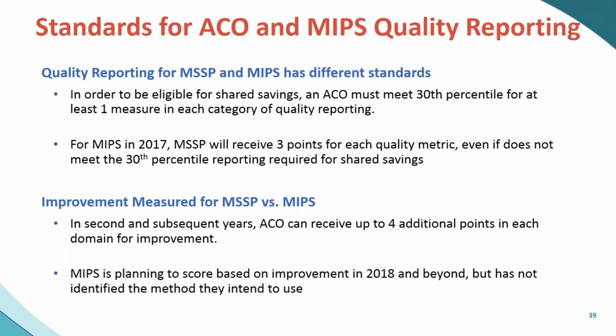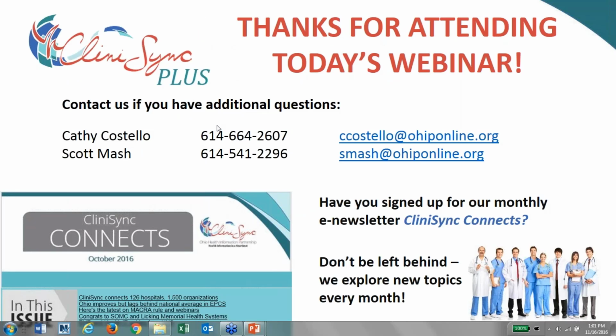First question. It seems that CMS is encouraging participation in advanced APMs. If a small group of multi-specialists isn't already participating in an advanced APM, is there an opportunity to join or create one by